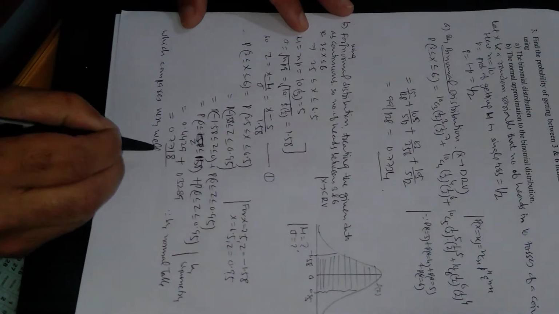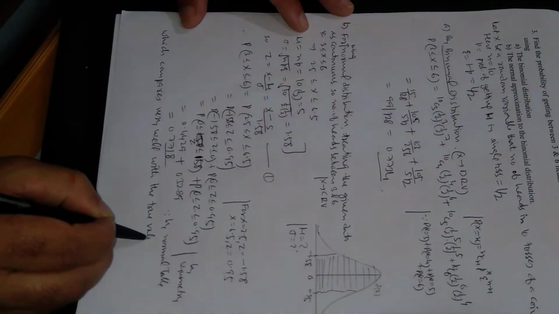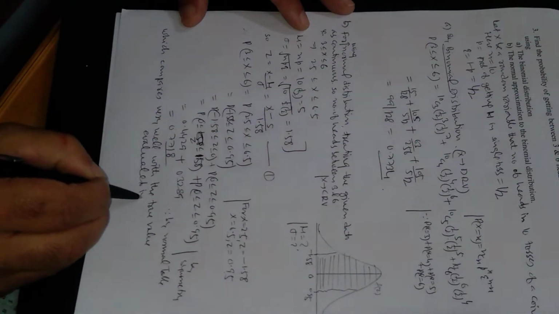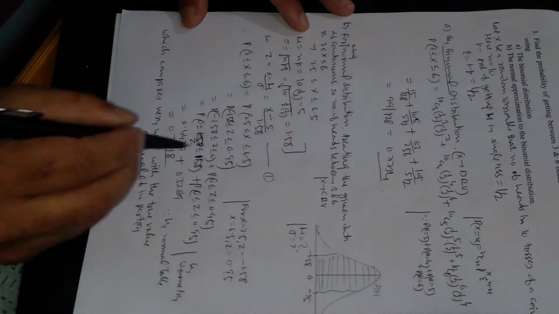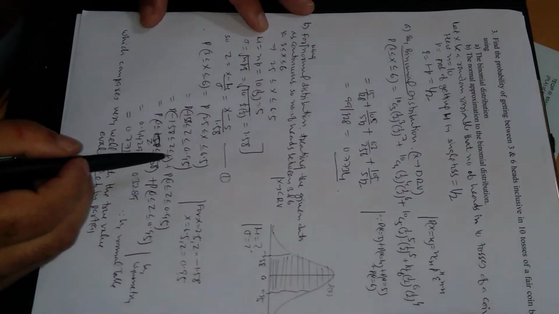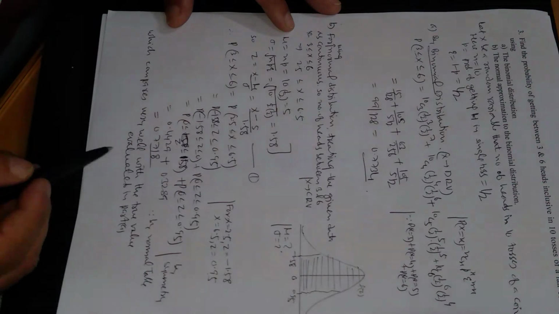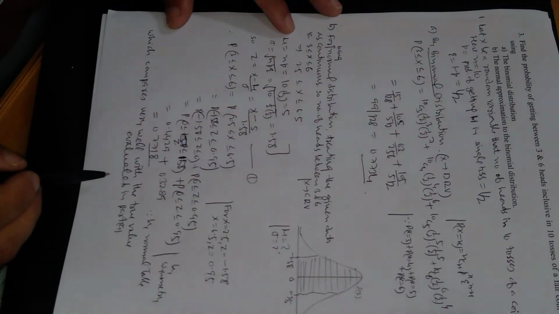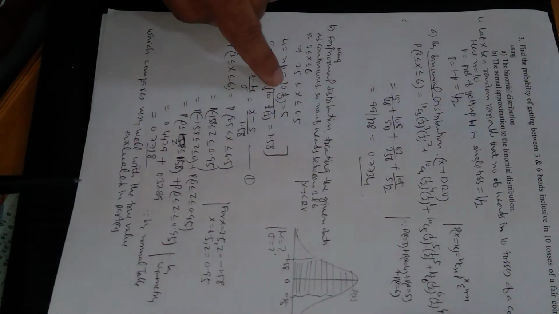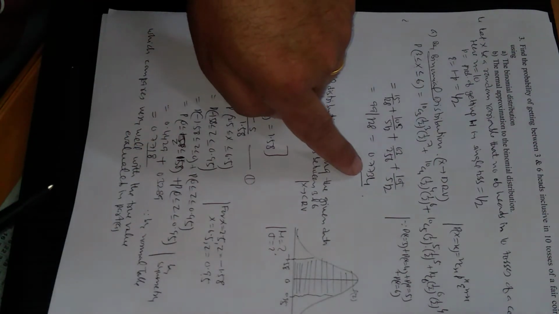This compares very well with the true value evaluated in part A of this question. So in this case the probability is 0.7718, and in the other case it is 0.7734. These are almost equal, and the accuracy is even better if you take n very large, because n in this case is 10. So if n is more than 10, this value will be closer to 0.7734.